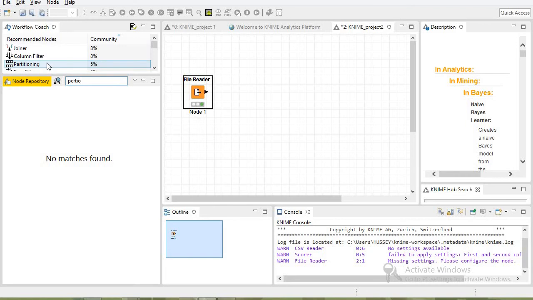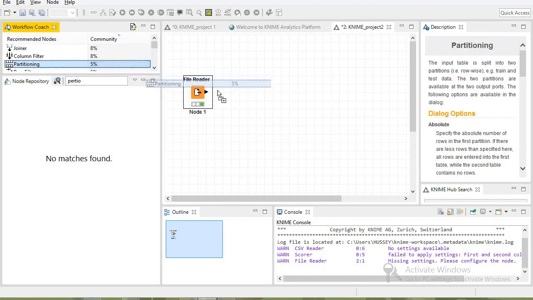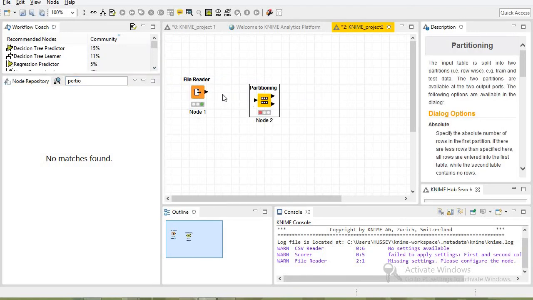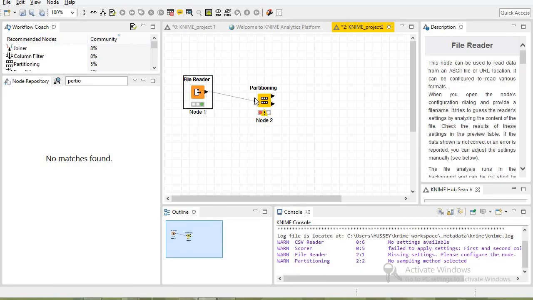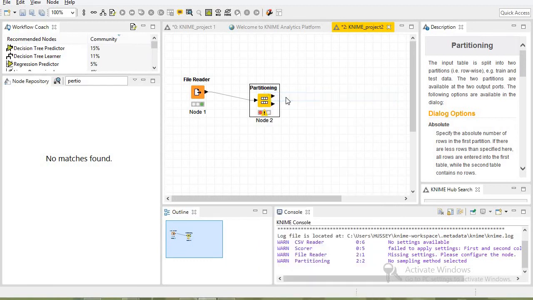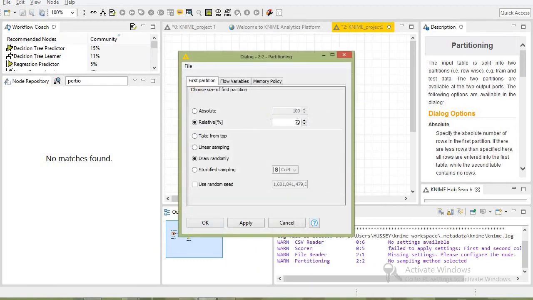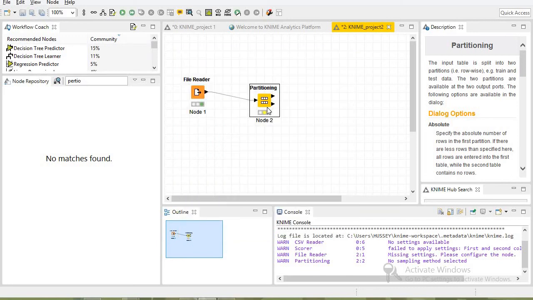Partitioning is there, so we just drag and drop this node over there. We have to join this by this. Now it is ready, but we have to configure it. For the configuration we need to check what type of data we have. So we took 70% data for the testing and 20% for the model. So we need to, I'll put this, for the 80% data we use for modeling and 20% for testing. Okay, I apply this. Now it is ready to go.